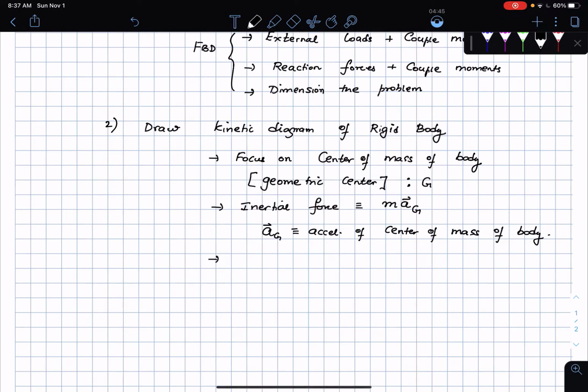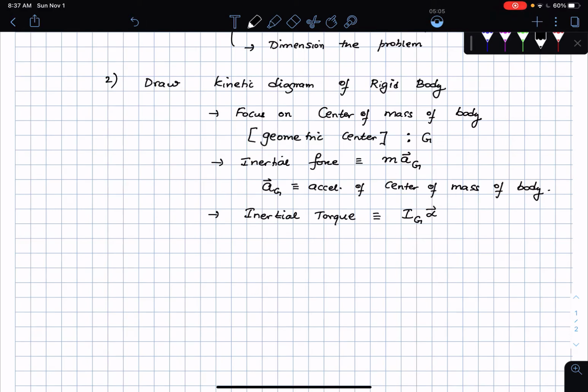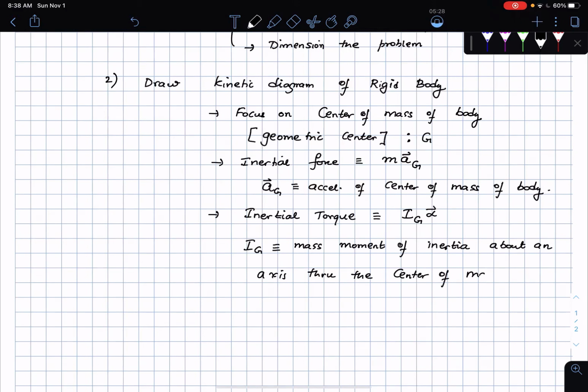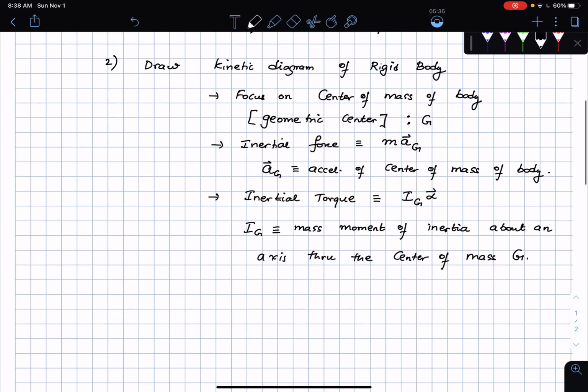Then we also mark what is called the inertial torque. Okay, this inertial torque is given as Ig times alpha. Okay, and this is a torque acting on the entire body. I just want to specify a few things here. So Ig is the mass moment of inertia about an axis through the center of mass G of the body. Okay, and we will also have alpha, which is the angular acceleration